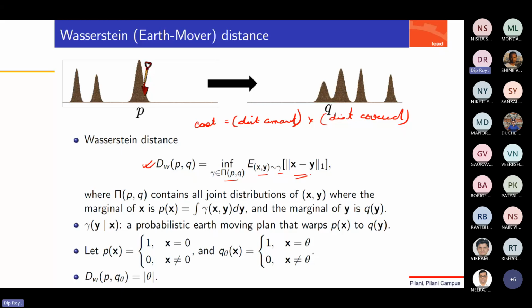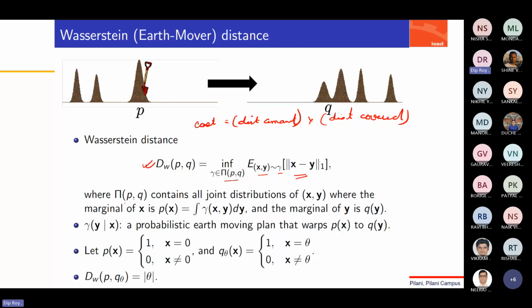And then you calculate either the Manhattan distance or the Euclidean distance, whatever you want to do: L1 norm, L2 norm, whatever you want to do. But here you are doing an L1 norm, and you can go ahead with it. Now, what it says is that pi of P and Q contains all the joint distributions of X and Y,